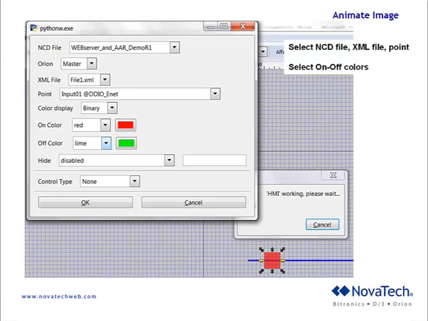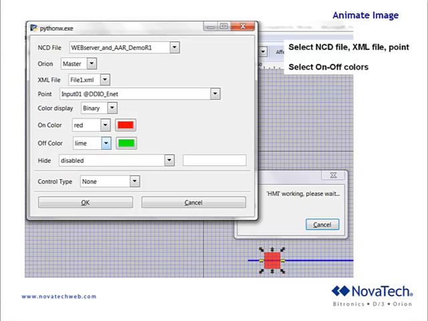So if you have NCD, the Orion configuration program, open on your computer, and you open up this HMI plugin in your Inkscape environment, it will default to that NCD file. You can select other NCD files that are on your hard drive, but it does default to the file that's open, which is